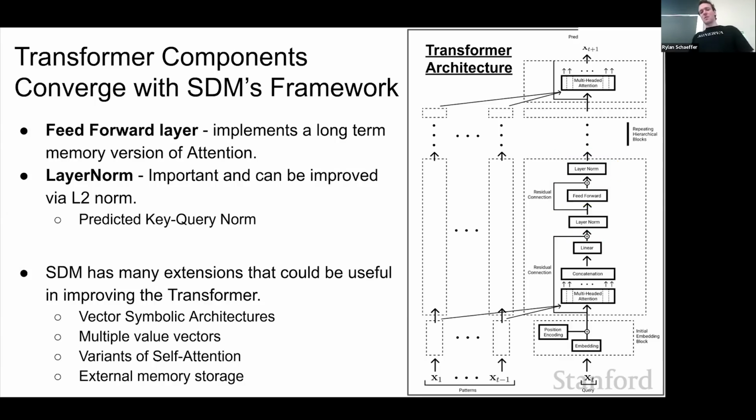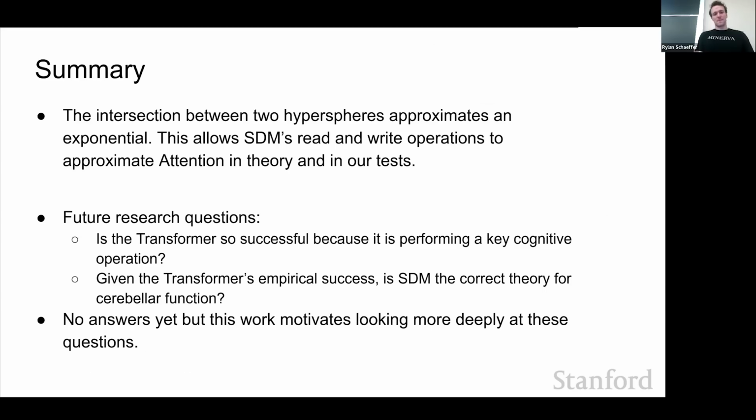I guess this work is interesting in so much as the biological plausibility, which I'm about to get to, and then the links to transformers. It hasn't to date improved transformer architectures, but that doesn't mean that this lens couldn't be useful in some way. I list a few other things that SDM is related to that could be used to funnel in. And in the new work where SDM is a continual learner, we expand the cerebellar circuit, look at components of it, particularly inhibitory interneurons, implement those in a deep learning model, and it then becomes much better at continual learning. So that was a fun way of actually using this link to get better bottom line performance.